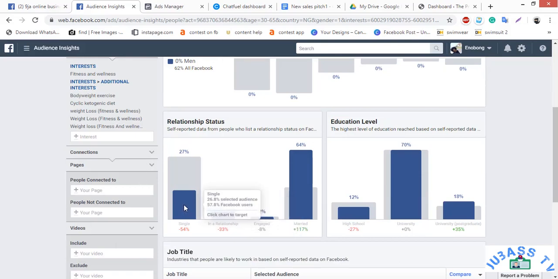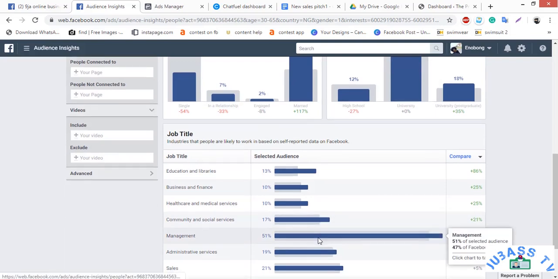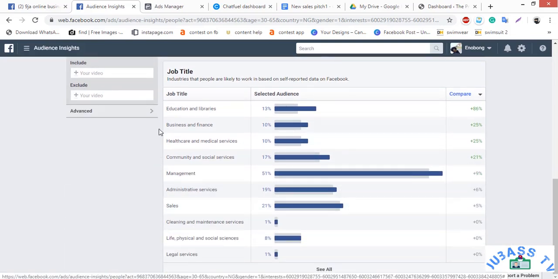Then, according to relationship status, most of them are married, and few of them are single. Some of them are in a relationship, some are engaged. Then, most of them are university graduates or postgraduates. Most of them are in management, working in the education and library sector, business and finance sector, healthcare and medical service sector.